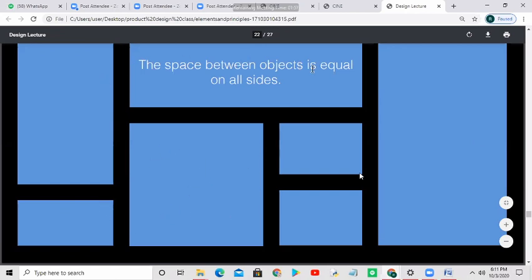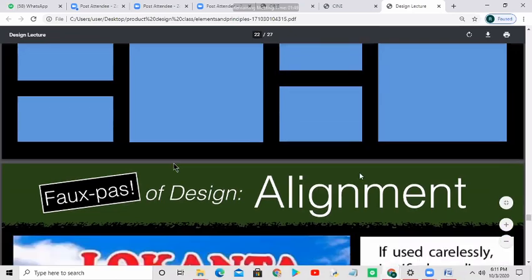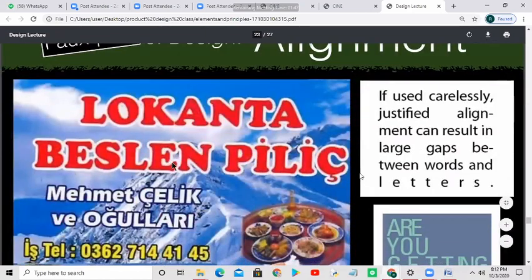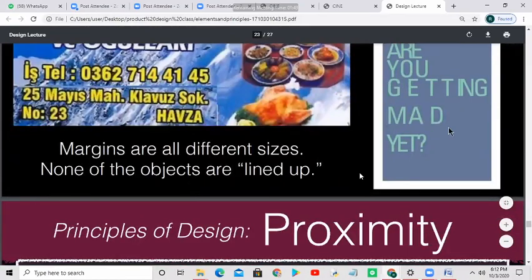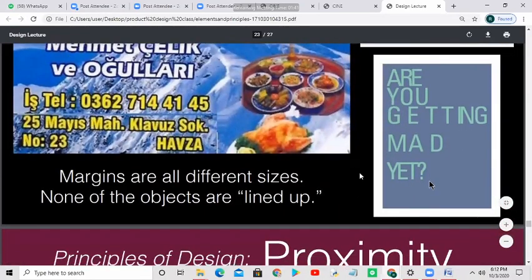So this is basically the allotment of spaces, based on the functional requirement of the space and alignment also. Again, margins play a very important role. You can see this is the framework, this is the margin.